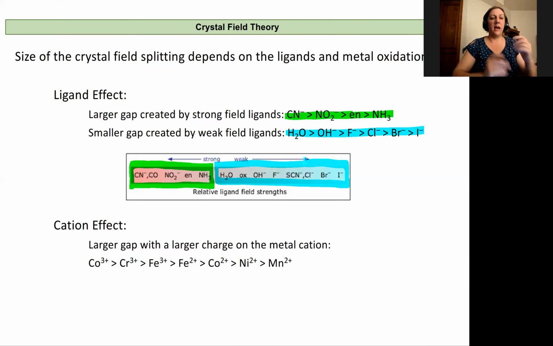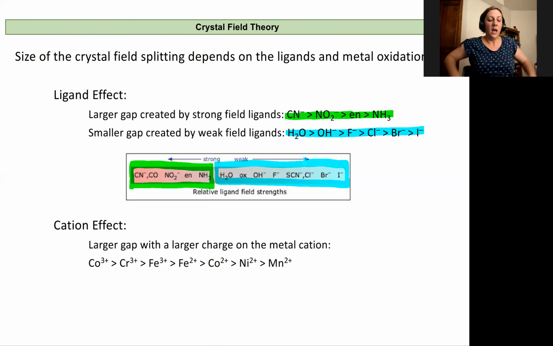And so we don't have a very clear cut, in my opinion. It's not black and white. Water doesn't always produce this specific amount of change. And so it really depends. But this is a trend that we see that we can make predictions based off of, but we would need to confirm experimentally any conclusions we would draw from it. So that'll be the effect of the ligand, and you just have to be comfortable referencing this series of ligands here.